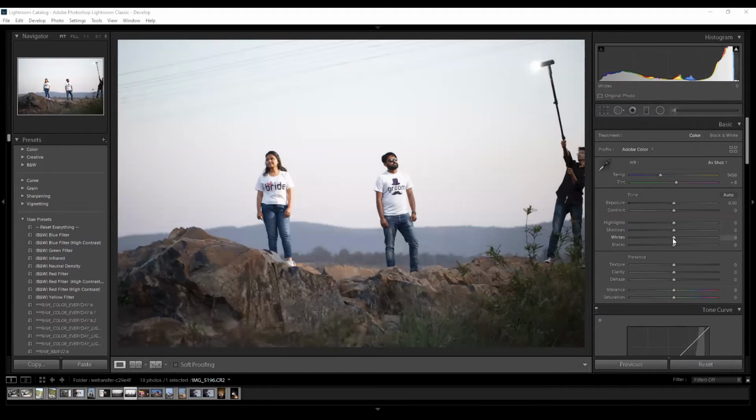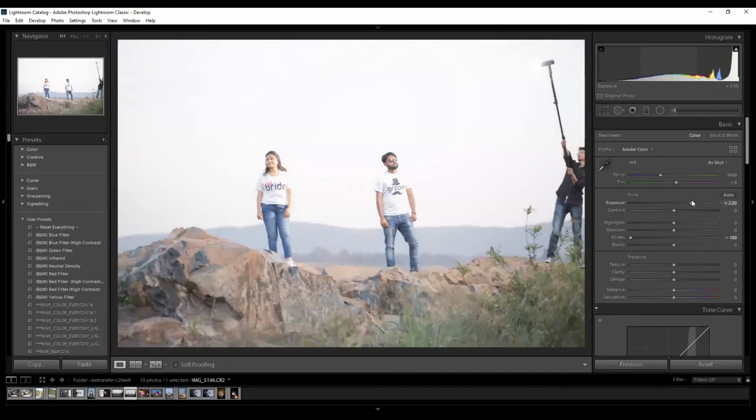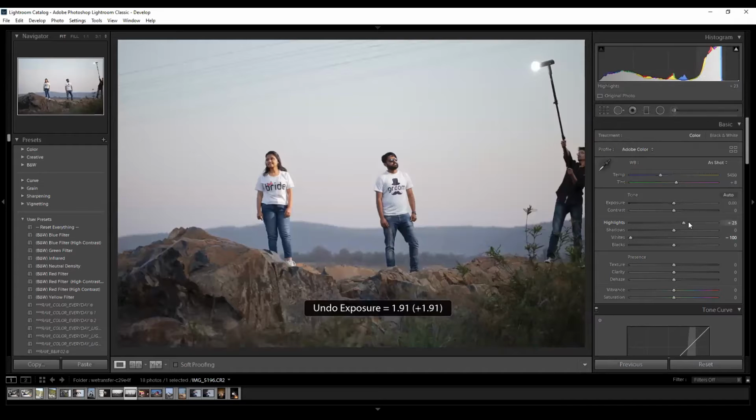So basically, white is a neutralized point which will always increase and decrease the whites of the image, and highlight is a point which will always increase and decrease the highlights of your image. So whenever you want to play or control the contrast or overexposure, first try to neutralize the whites and then try to pull out the basic highlights areas of the image. So you will try to get a very balanced image.